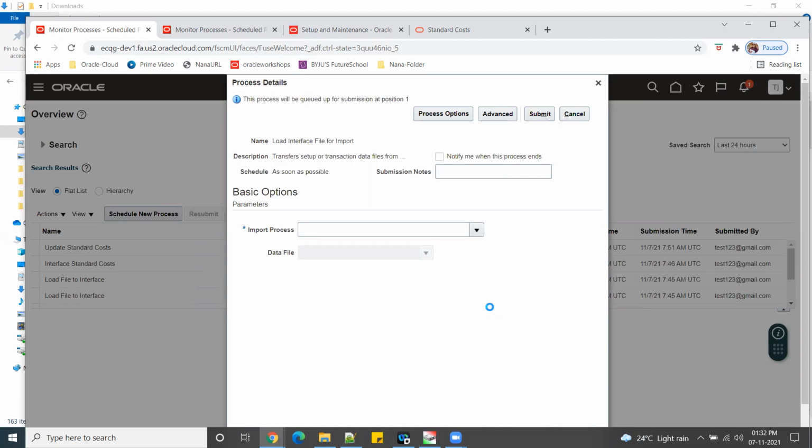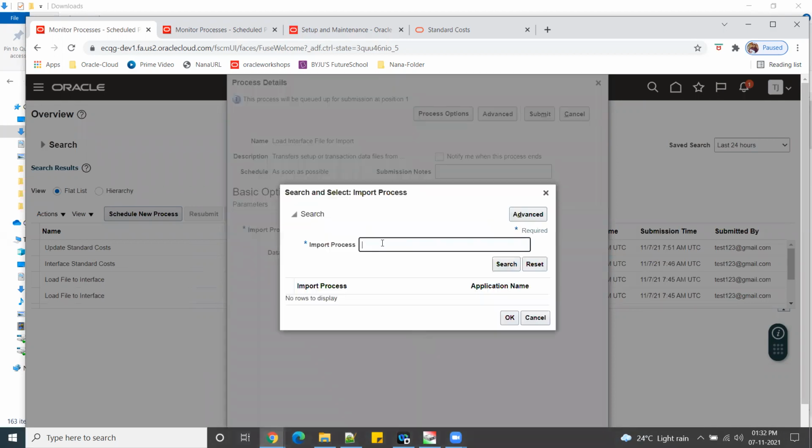So when you have a cost element, automatically the program name will appear in the list of files. Go to search, interface standard.